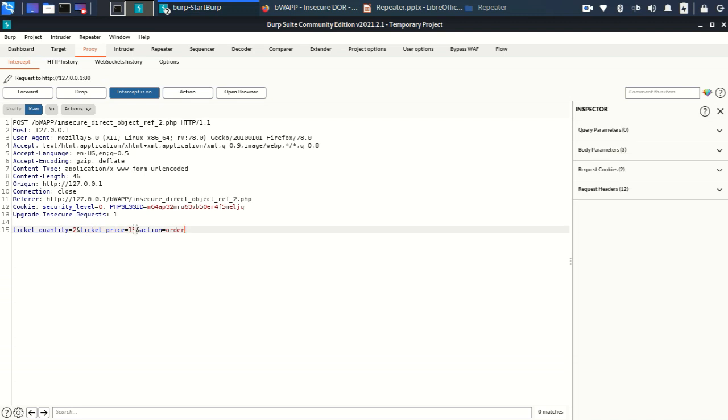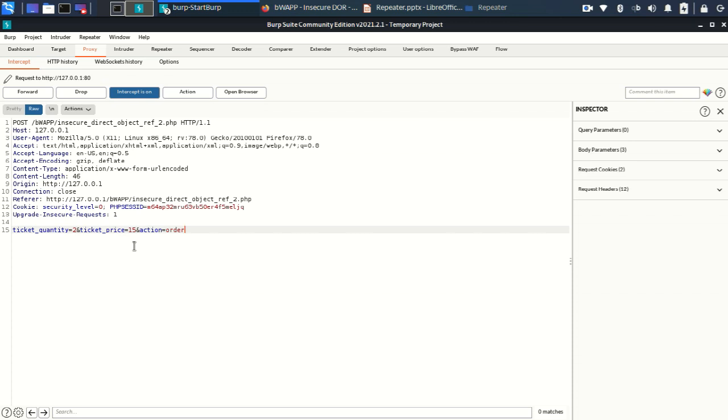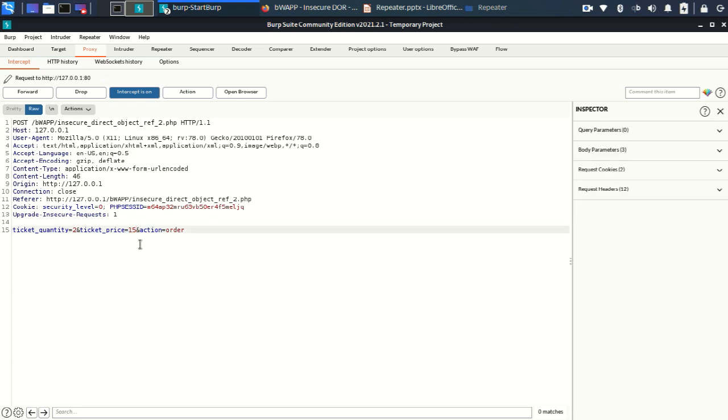Since I am seeing this figure of 15 euro, anybody can exploit this. Anybody can change it, and accordingly get the tickets at a much lower price. So I'll go to action, send it to repeater. I'll go to the repeater tab and just see what I'm doing.